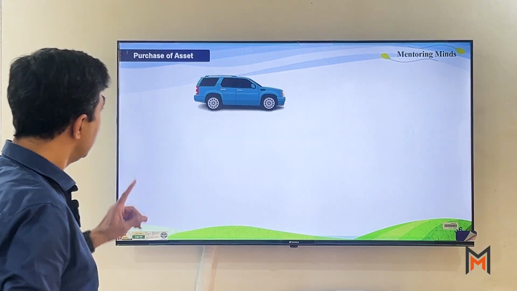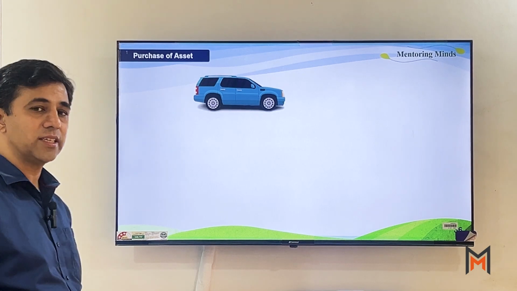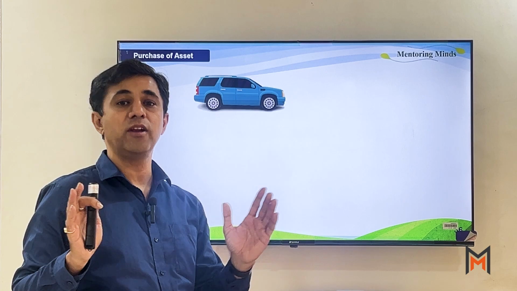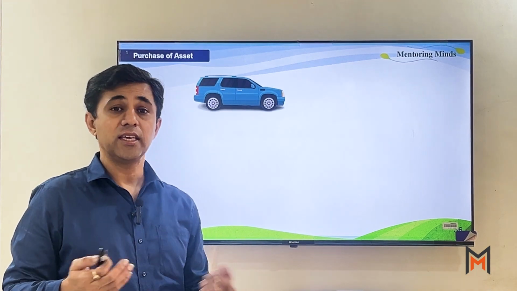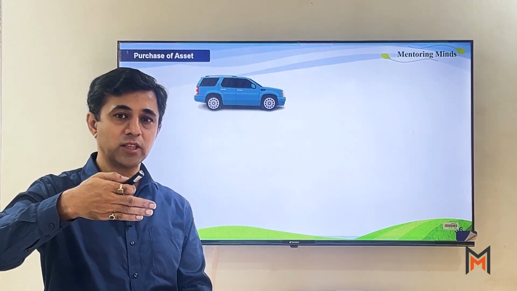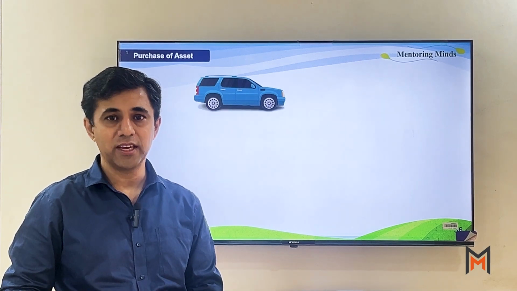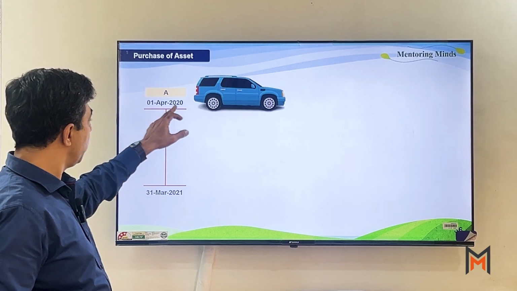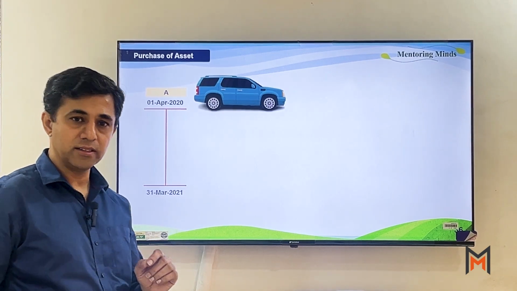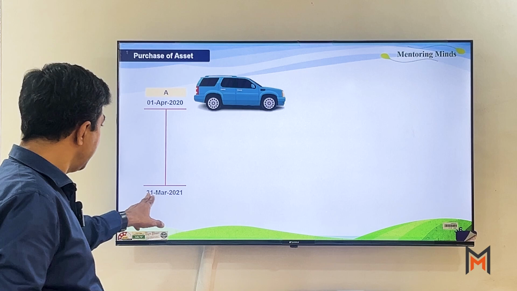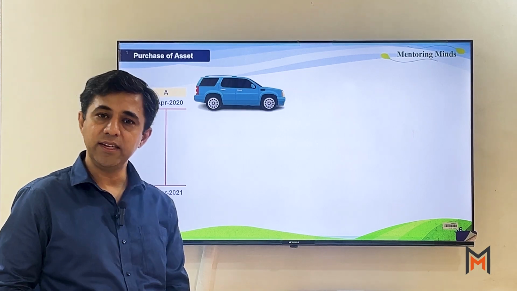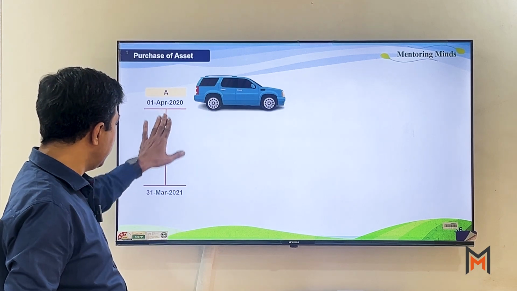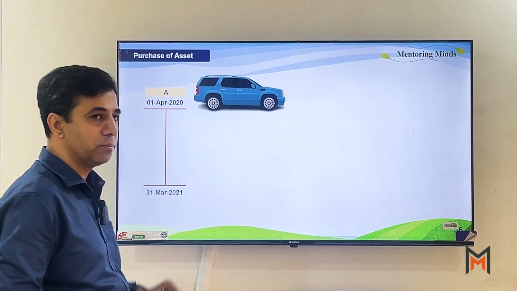The first stage is the stage when you are going to purchase the asset. Obviously, जब हम asset खरीदते हैं तो किसी particular year में खरीदते होंगे, या तो वो at the beginning of the year होता होगा, या तो at the end of the year or in the middle of the year. Let's say 1st April 2020 is the year that we have started and it ends on 31st March 2020. तो जब हम असेट खरीदेंगे या तो 1st अप्रैल पर खरीदेंगे या 31st मार्च या तो कहीं बीच में।